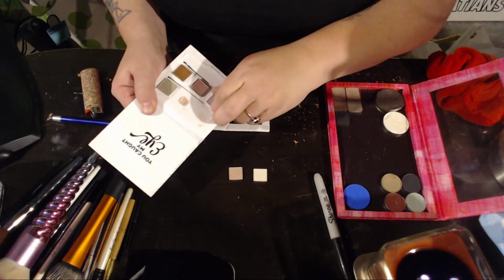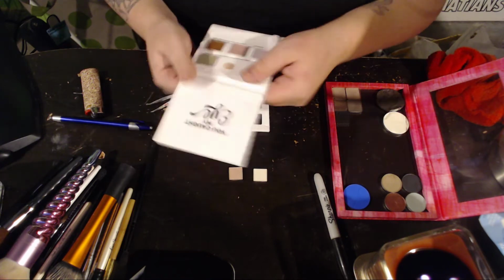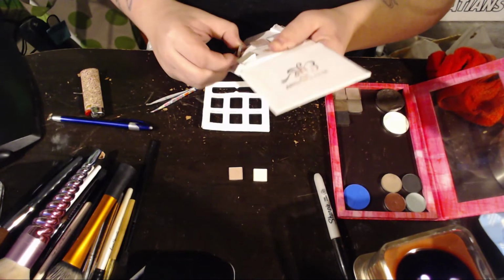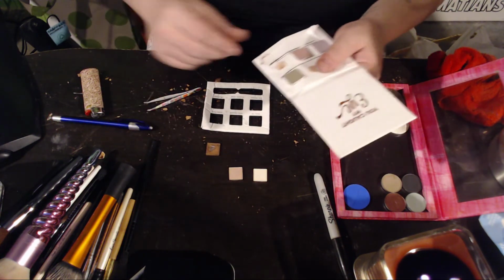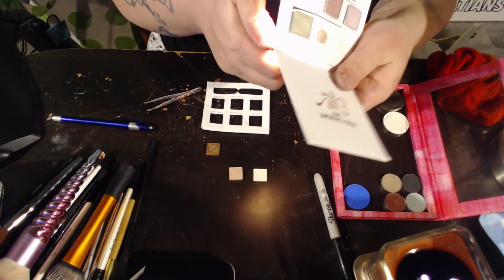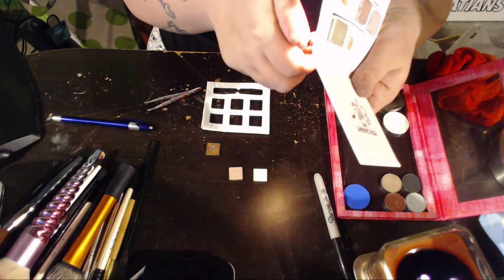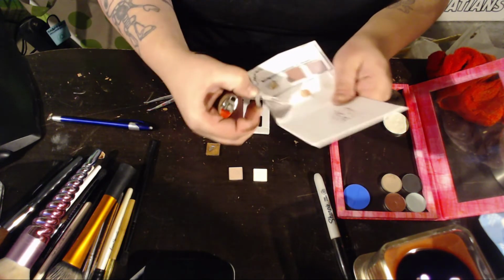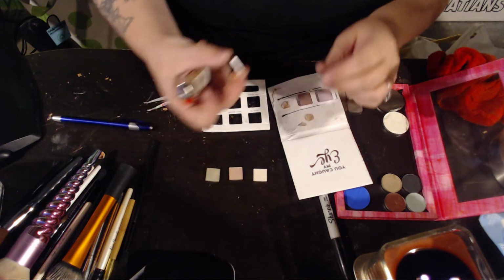Okay, really? Some of these are kind of stuck on there. Alright, those are a little bit stuck on there. I don't know if I could just... Yep. I could. Oh, broke it a little bit. Again, not going to cry about it. These are not my favorite shades. So we can always just heat it up a touch on the bottom with our trusty lighter. And it'll probably be enough to just loosen it. Yep, enough to let it go. That's probably the nicest shade in the palette too. Kind of a shame, but...